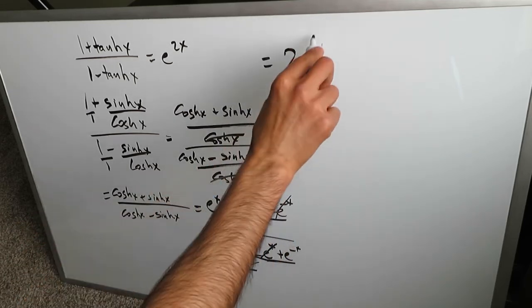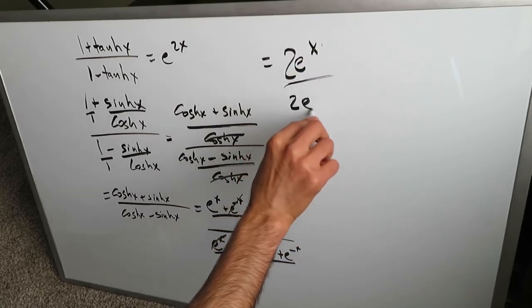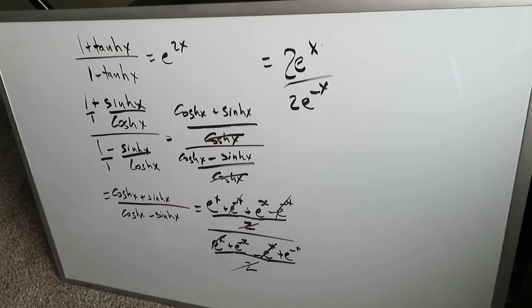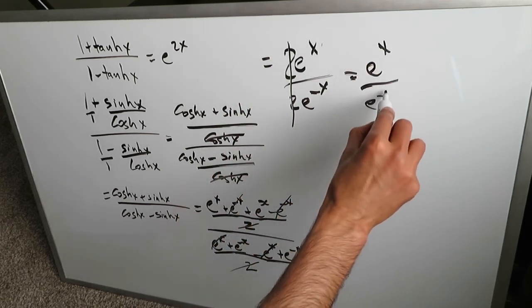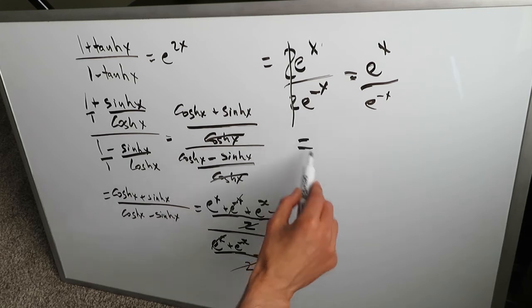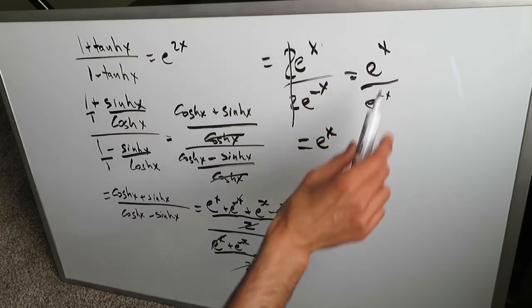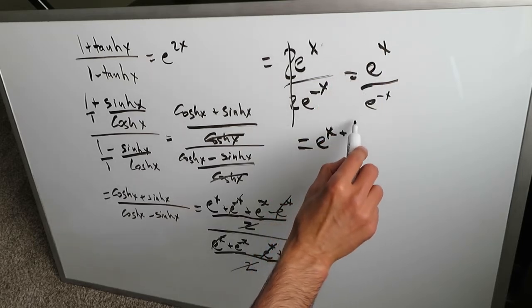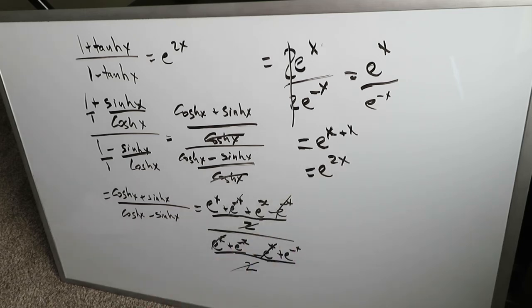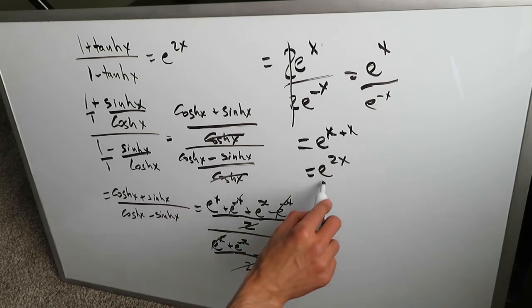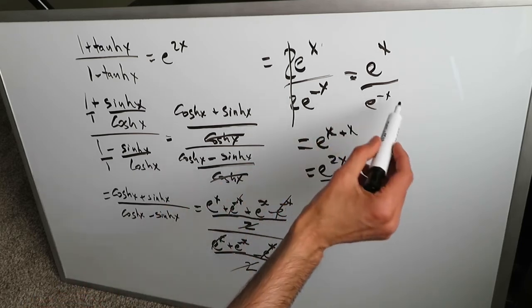Let's be a little neater. 2e to the x divided by, what did we get over here? 2e to the minus x. Cancel out the 2's. We have e to the x divided by e to the minus x. Properties of exponents becomes e to the x plus x, e to the 2x. And we are done. Remember, this right here is a tricky part, because this e to the minus x can be viewed as this,